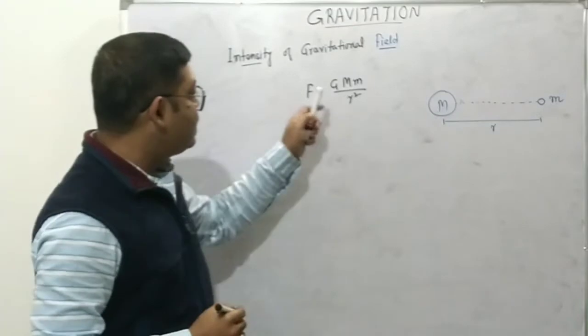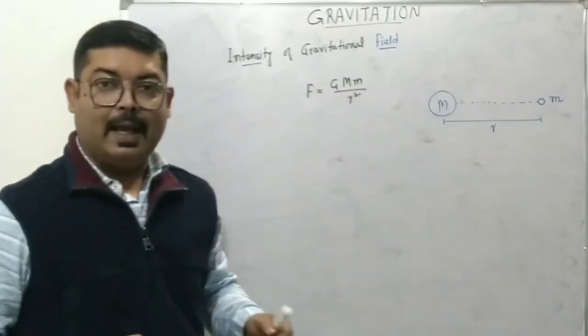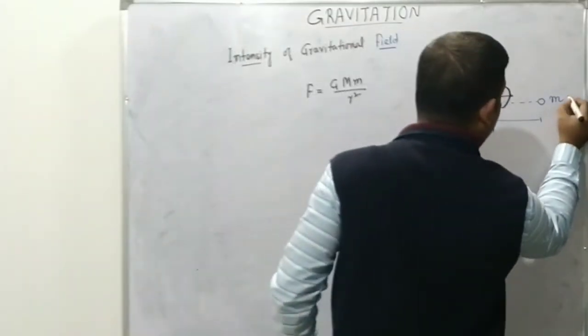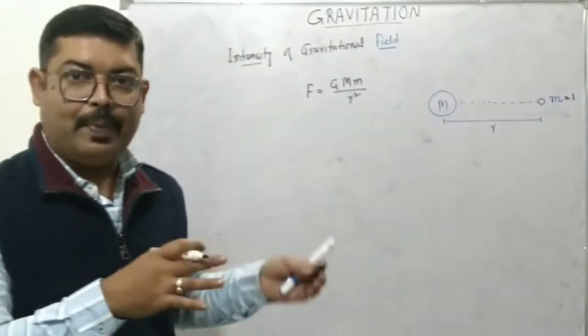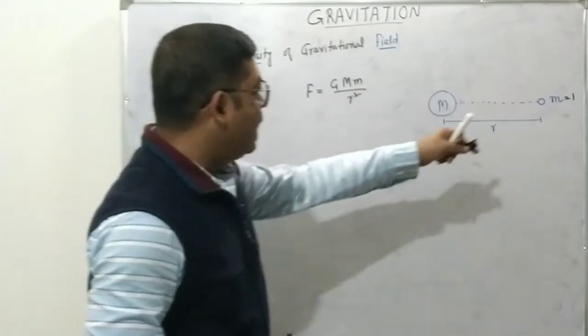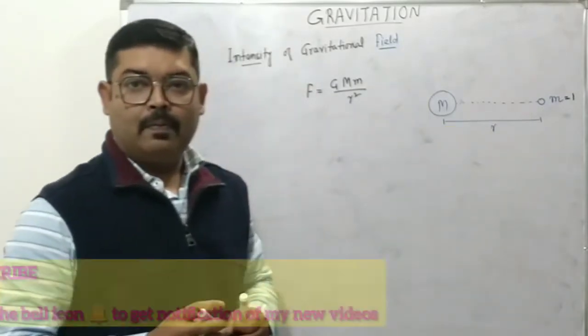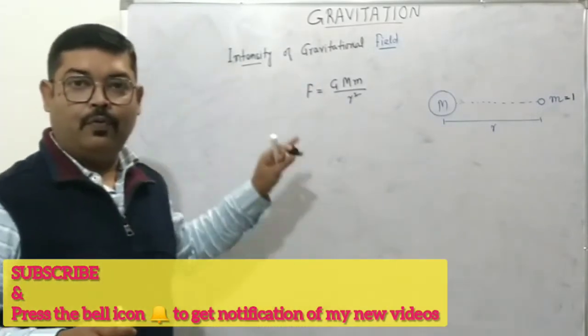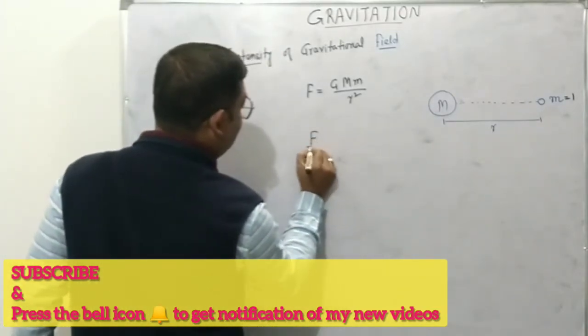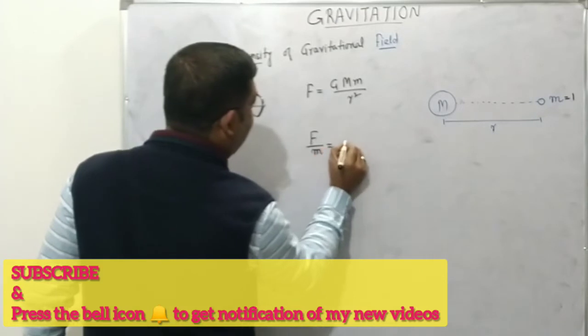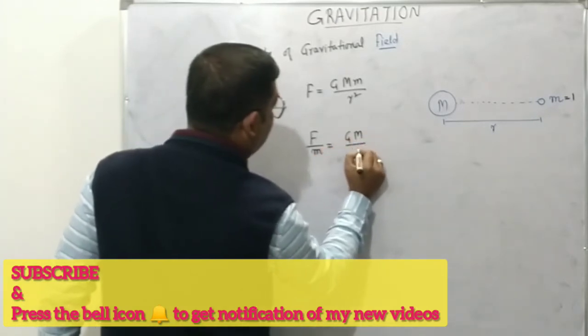Now, instead of putting a mass m, if we have this mass equal to unity, or unit mass, that is 1 kg or 1 gram, depending on the scale you are taking, then what will be the force on that particular mass? That is to say, if I take F and divide it by the mass, then we get GM by r squared,